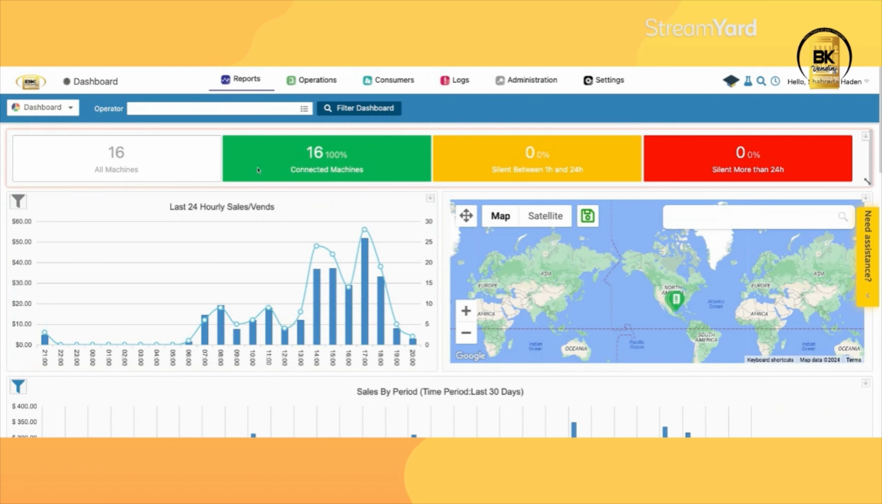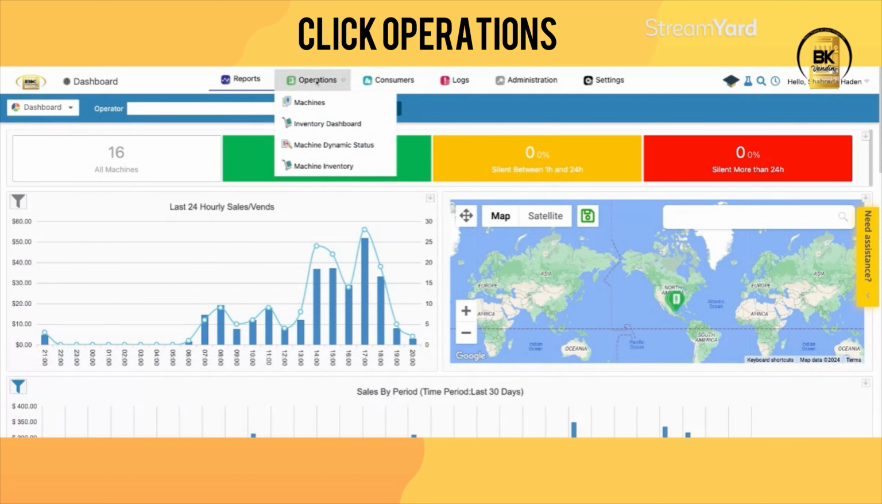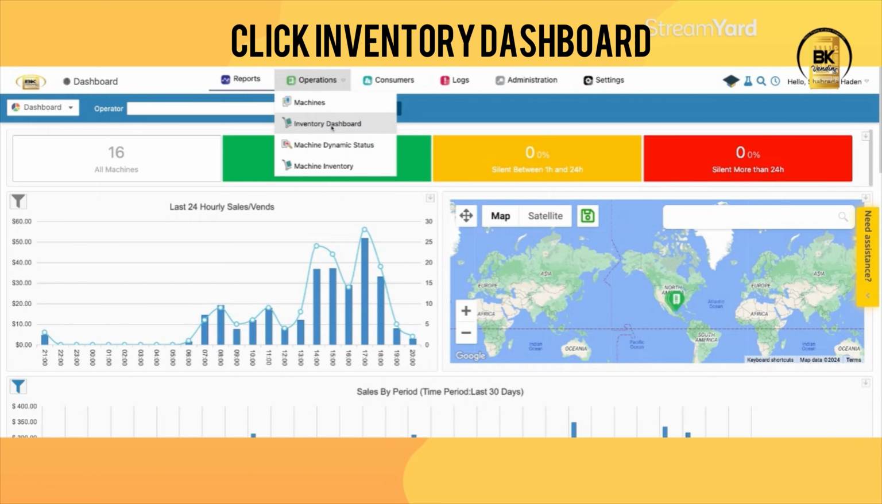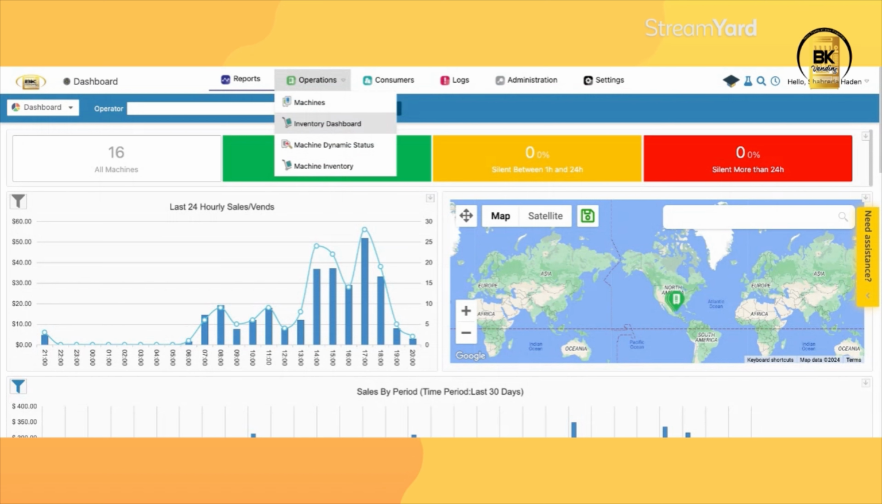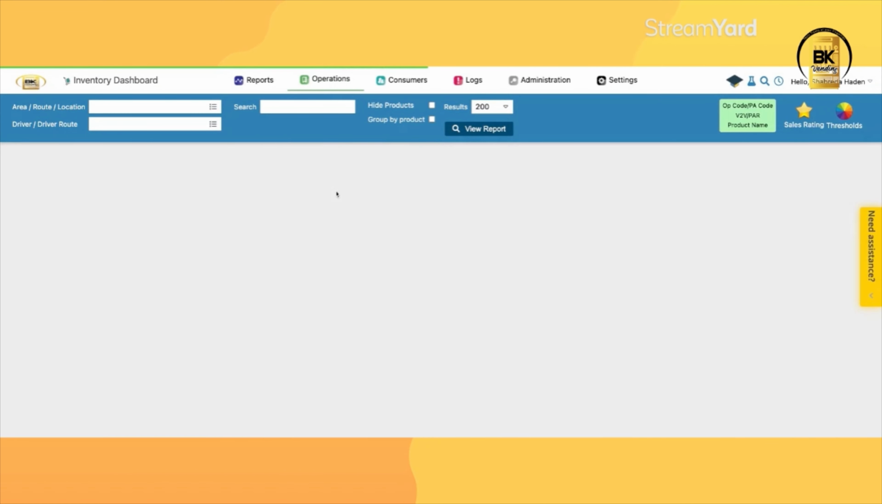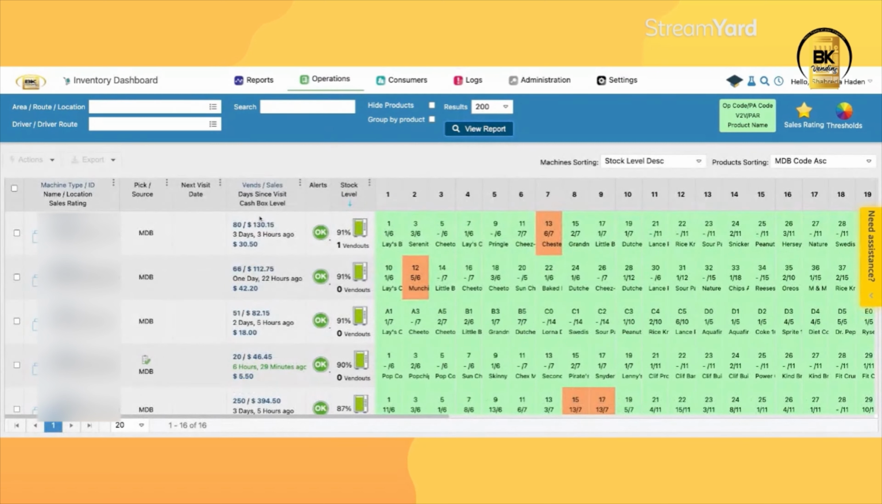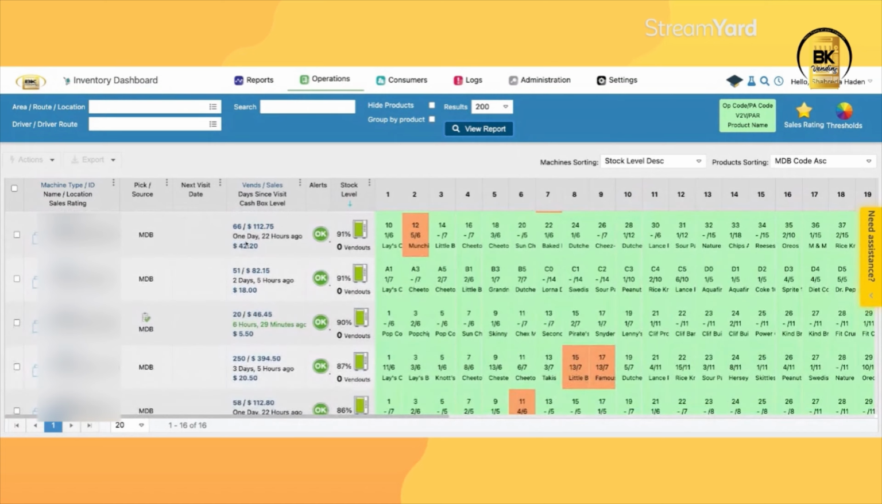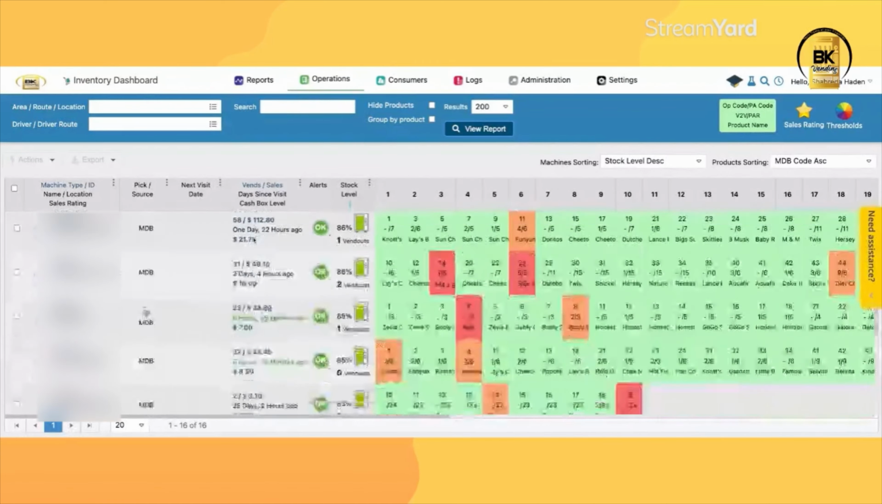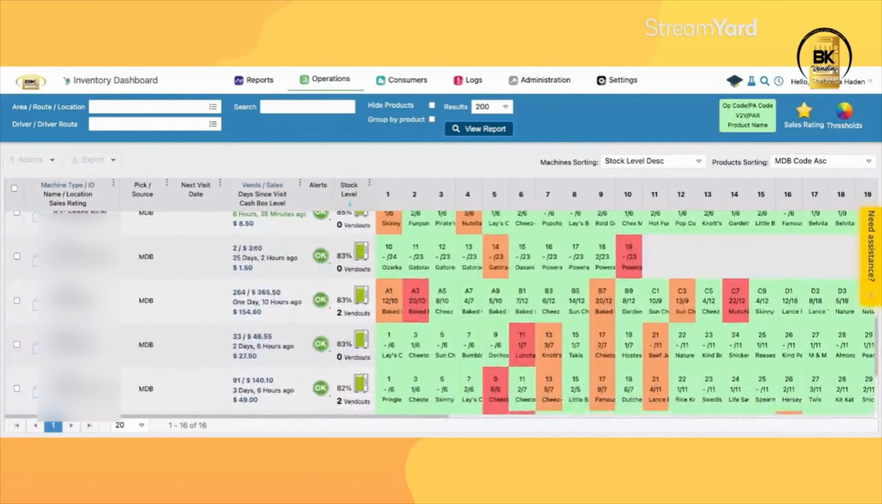All right, from your dashboard, you're going to click on Operations. And then from Operations, you're going to click on Inventory Dashboard. You're going to go ahead and click on View Report, and it's going to bring up a list of all of your locations. You're just going to go down to the location where you forgot to clear the cash box. So I'm going to scroll down until I find the location that I forgot to do it at, which is